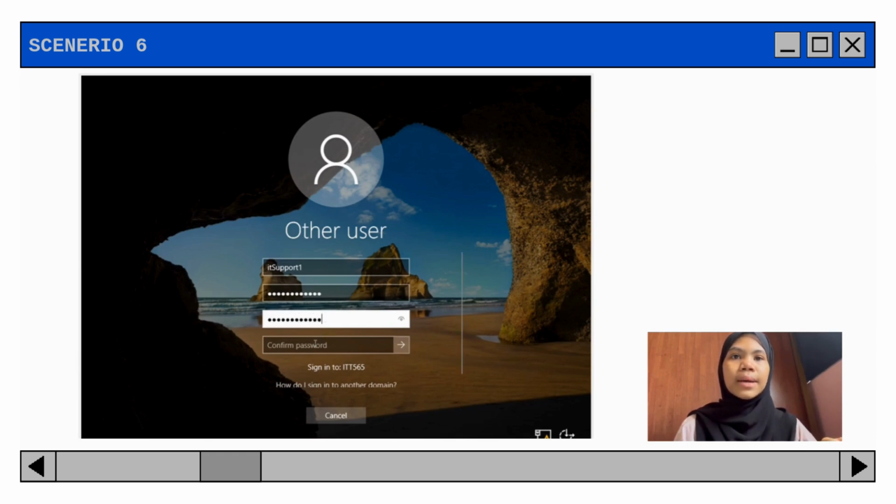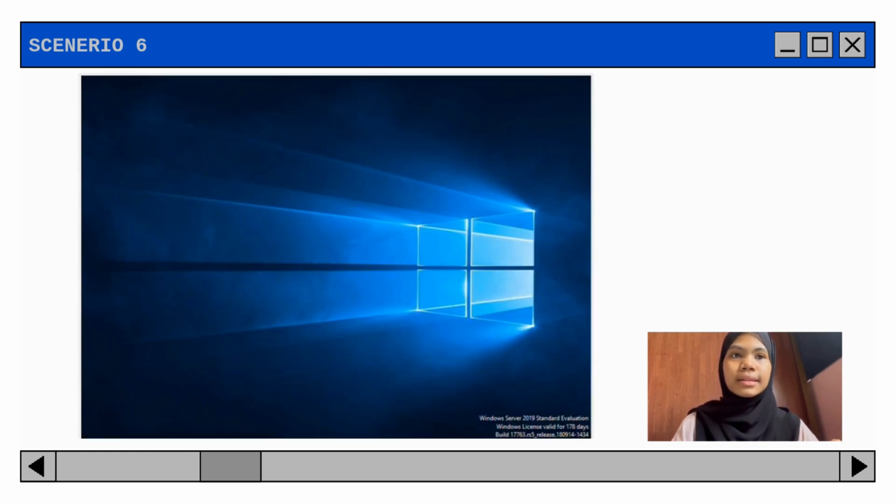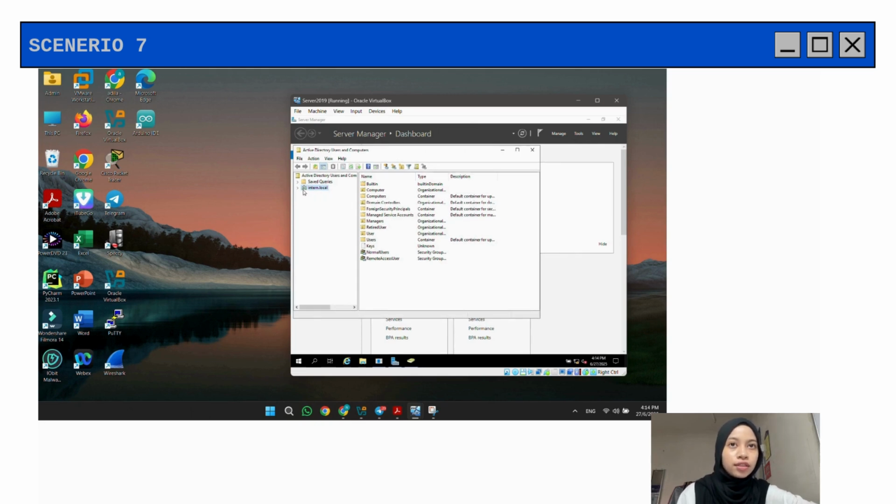Ahmad Ali types the temporary password into the old password field and then the complex password into both the new password and confirm new password fields. Success! The password was accepted. So for my part of the demonstration, I will show a demo for a manager who can access the network